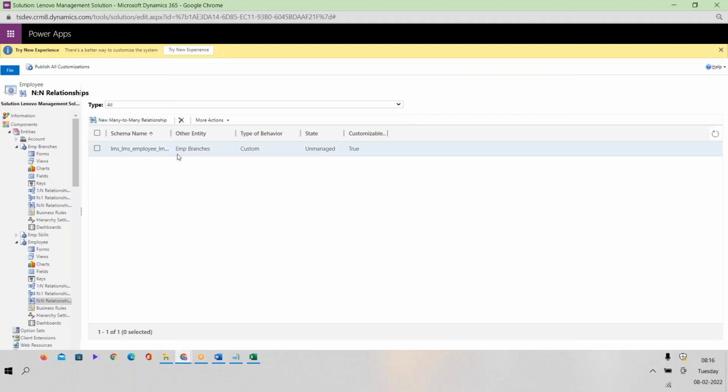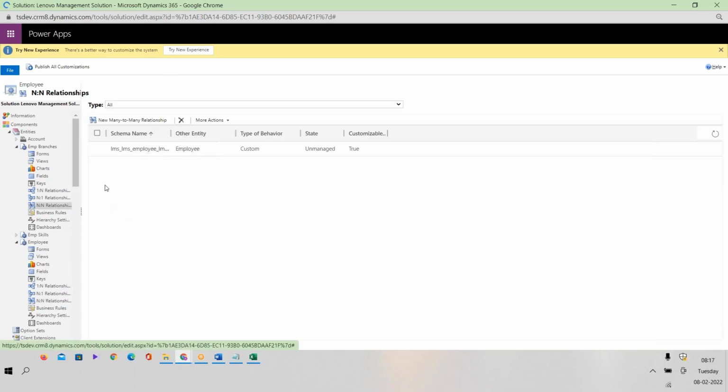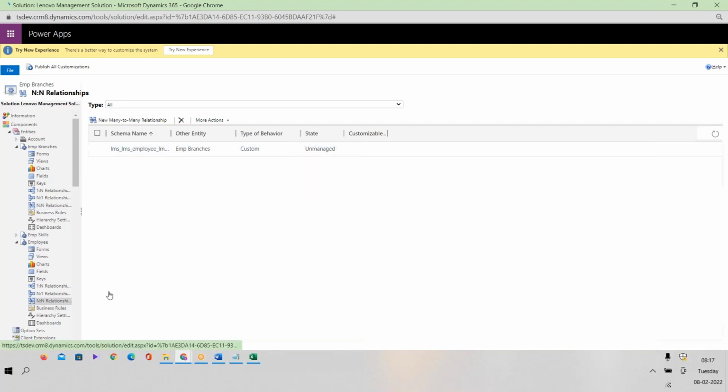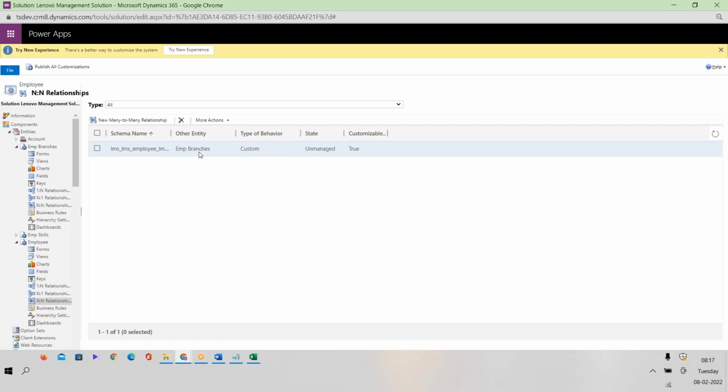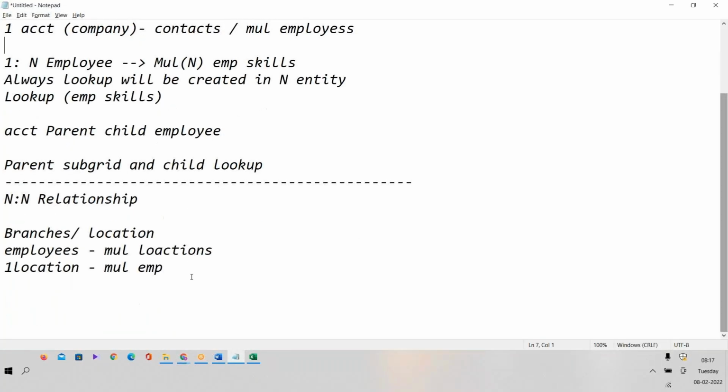Now I have added the relationship entity, and you see here N-to-N with employee, and N-to-N with employee branches. So this relationship is added. The only difference now is that until now, in the N entity we added a lookup, and in the parent entity we added a subgrid. But for an N-to-N relationship,